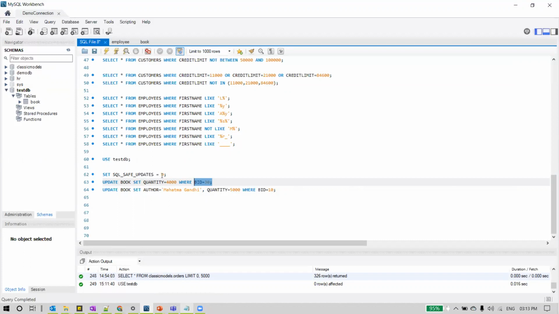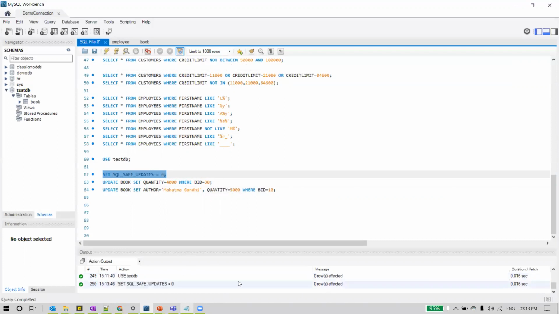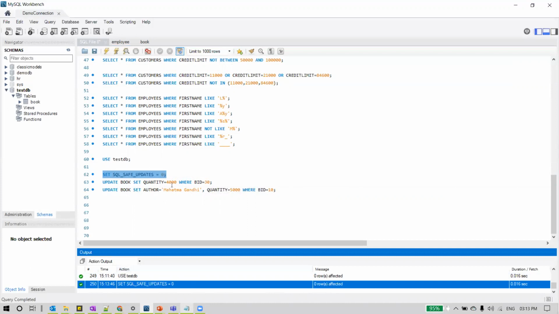In that case, we'll set this SQL underscore safe updates command to 0, so that the verification of whether a key is mentioned in the where condition will be skipped by MySQL, and whatever update statement we wanted to execute will be executed. So this is important. Just select this before you update anything. Execute this. You can see here the command got executed successfully.